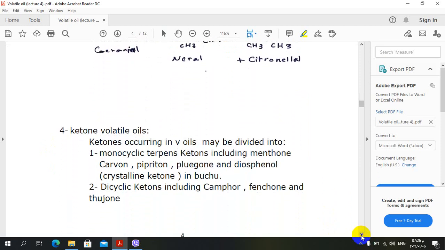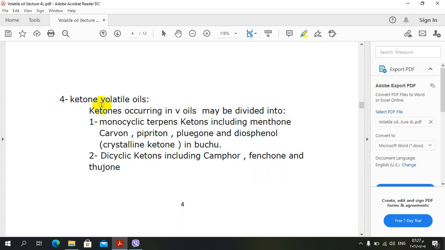Now the fourth type is the ketone volatile oil. The ketone is CO, which is connected on both sides with no H, only CO. Ketone occurring in volatile oil may be divided into monocyclic terpene ketone including menthone, carvone, pipritone, bligone and